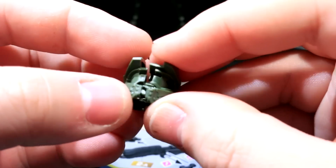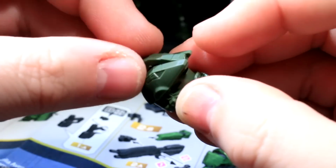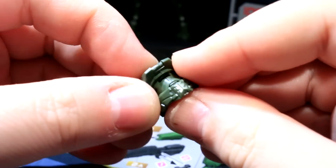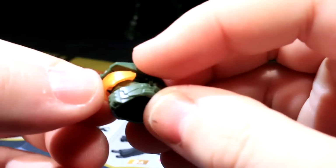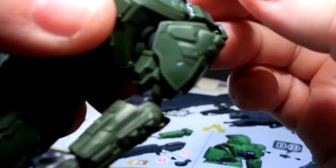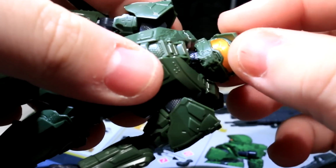Let's sandwich Johnny's head around his respirator. And then we'll get his skull cap down here. Yeah, this way is forward. Alright, and the piece de resistance. The one piece on this sprue. Let's pop it. And then let's rock it. Oh, that's pretty damn satisfying. Okay, let's get his head in place. There we go. There's no polycaps involved in there, so maybe that joint will need some tightening over time, but